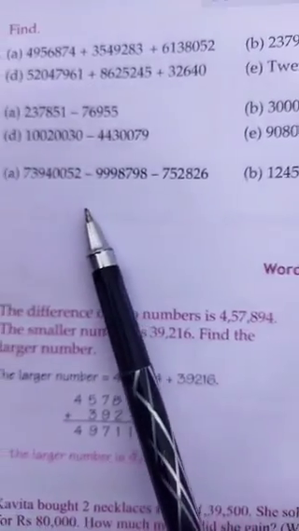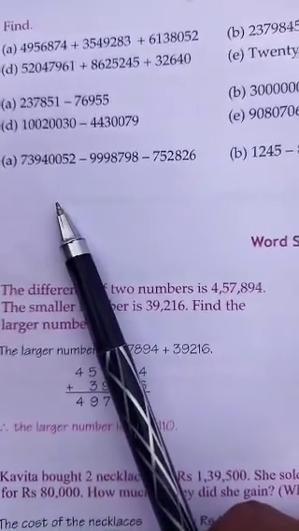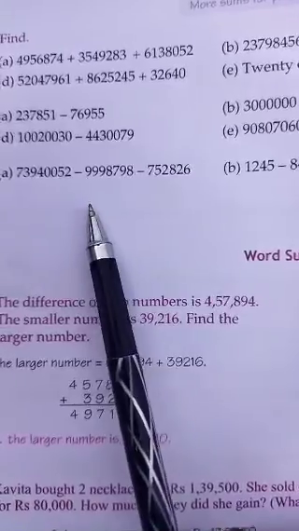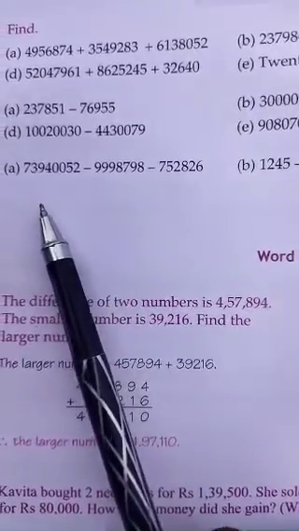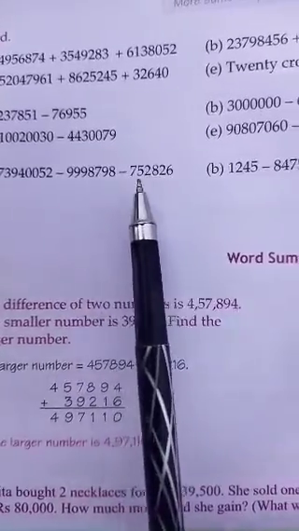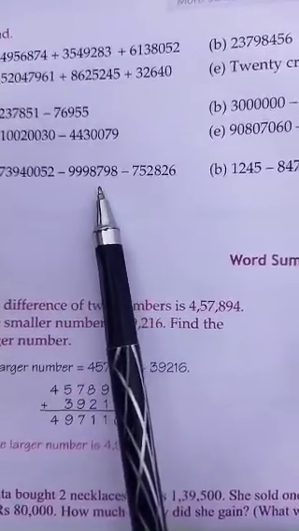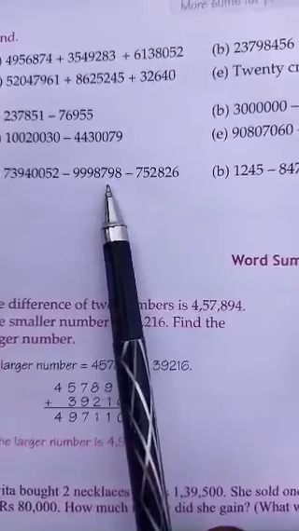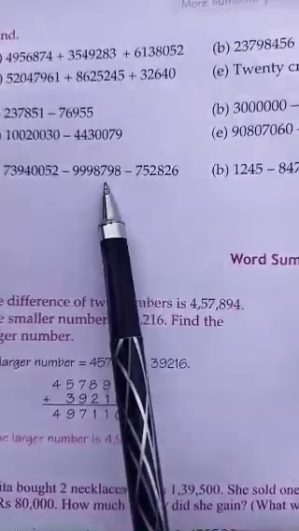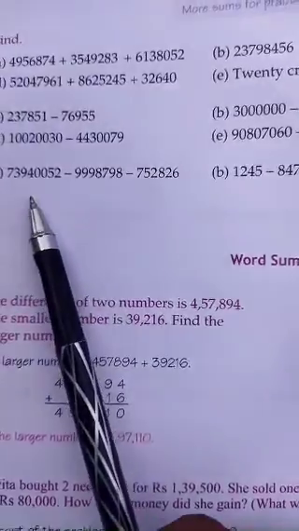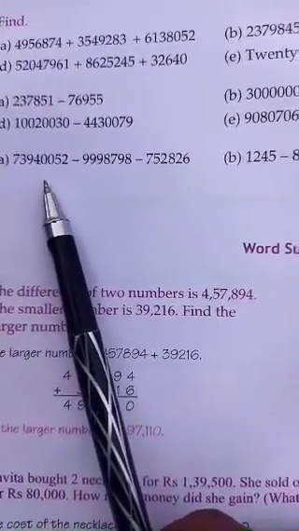Now coming on to question number 10. Again different signs are coming here. First one is of plus, then other two are of minus. So what will you do? Same signs will be added together. So these two numbers will be added together, and the answer which we get will be subtracted from this number. See how.